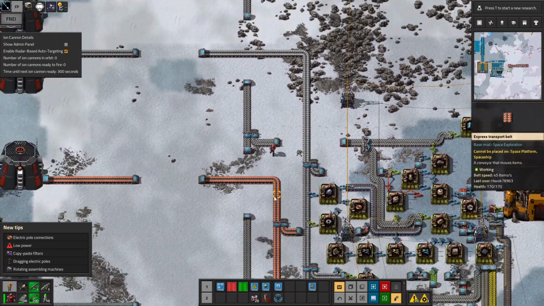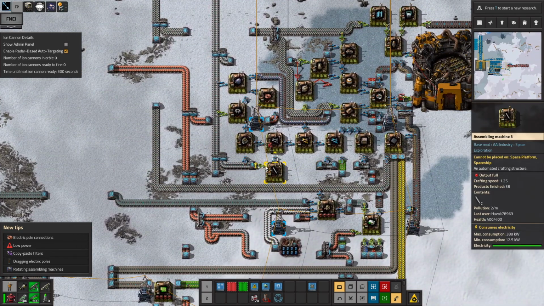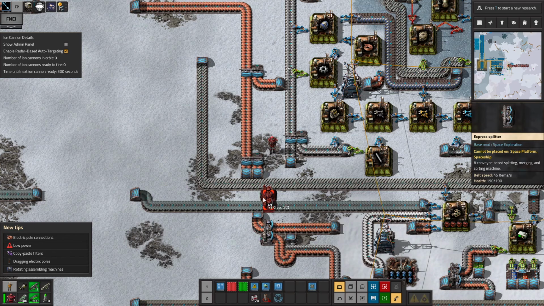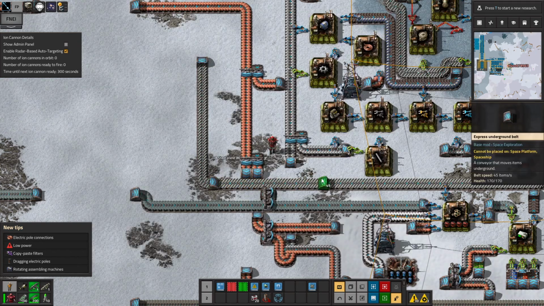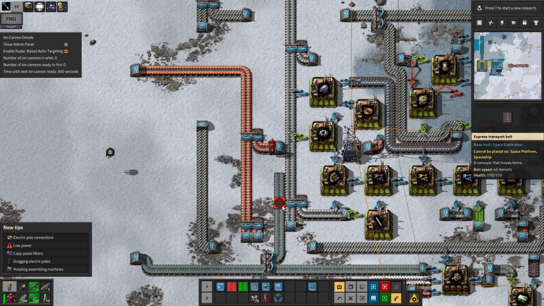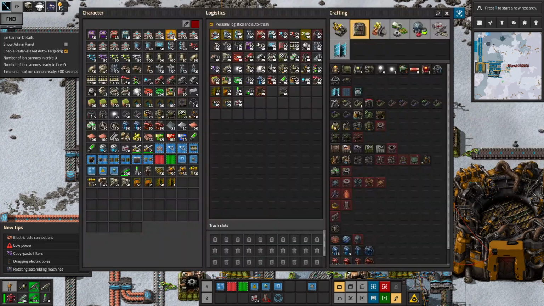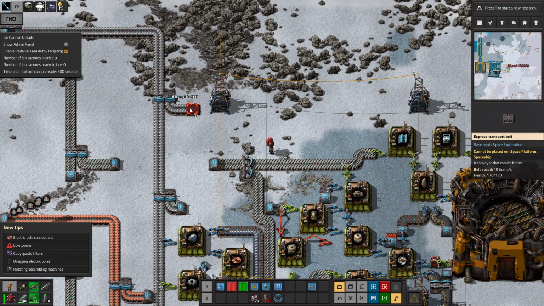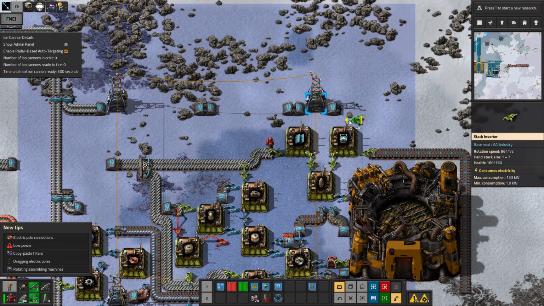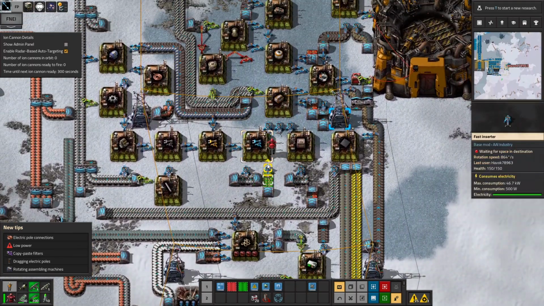Glass, copper, a little bit of everything. Where's my glass? All the way down here. So we need to split some to come up here. We've got to get iron split off. Running over to here. This needs glass, copper, and green circuits. The green circuits we're going to have to